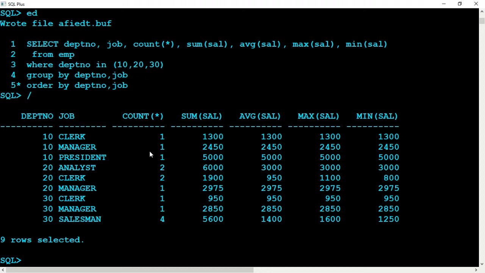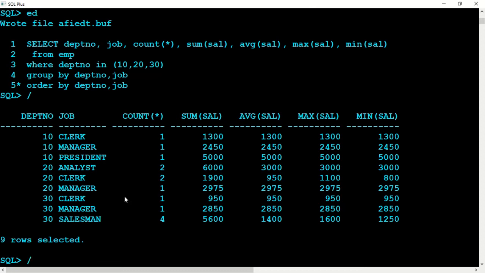But now suppose after group, this is the group actually. These are all the groups actually. Department 10, this is one group. Okay, this is the second group, right? This is the third group, and so on. So there are 9 groups here. So out of these 9 groups, which group are we interested in? Depending upon that, we have to put the condition.